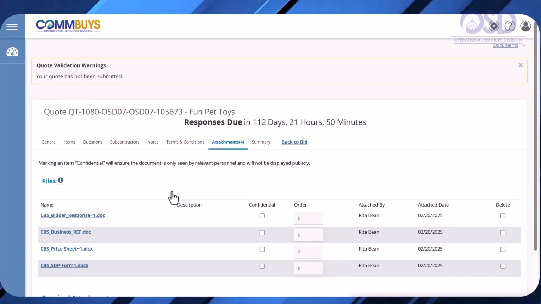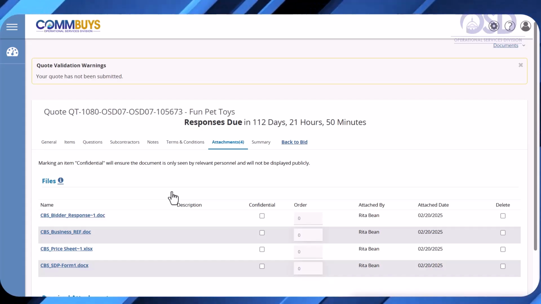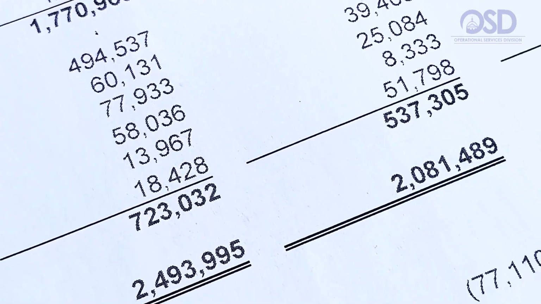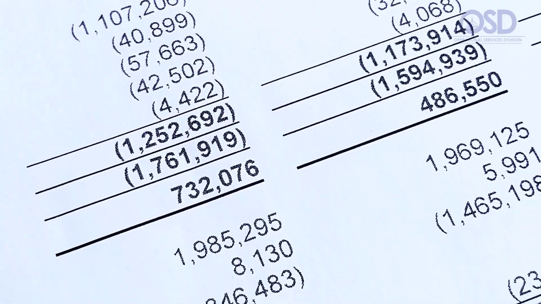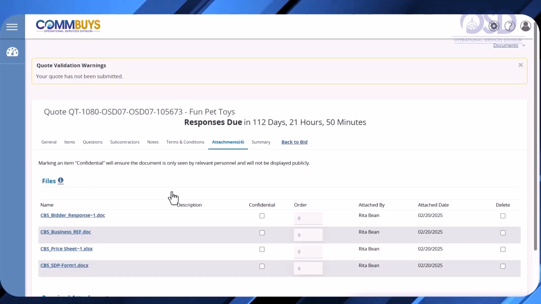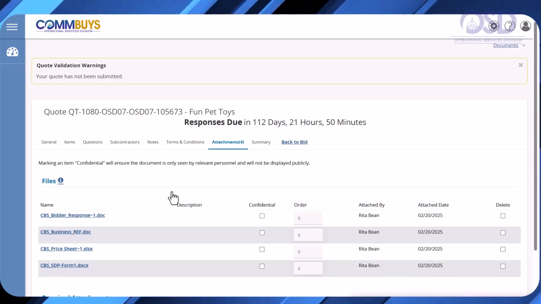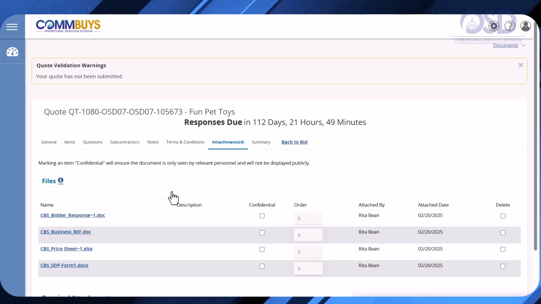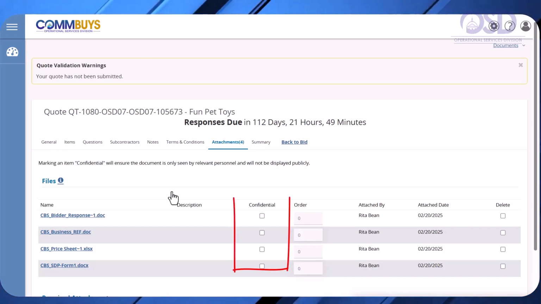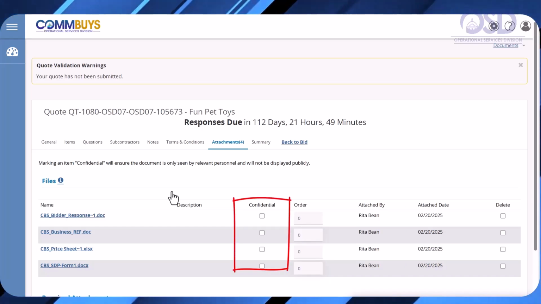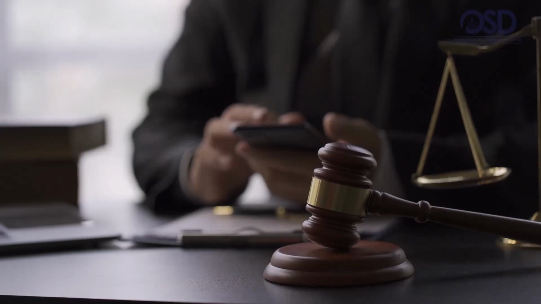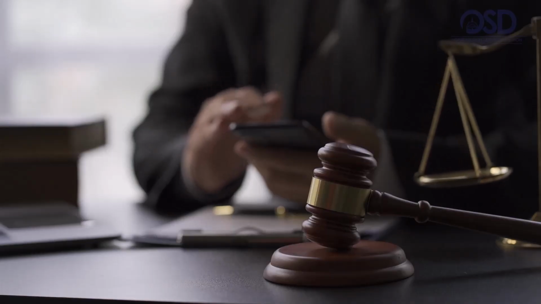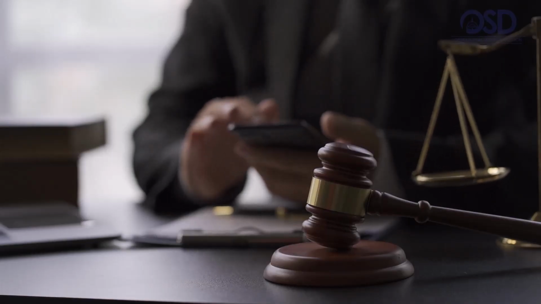Notice you do have an option to mark documents confidential. If a buyer has requested that you upload something with sensitive information, such as tax ID numbers or bank account details, and the information is exempt from the Massachusetts Public Records Law, check the confidential box for that item and then click Save and Continue. However, be advised that in most instances, procurement documents are subject to the law.